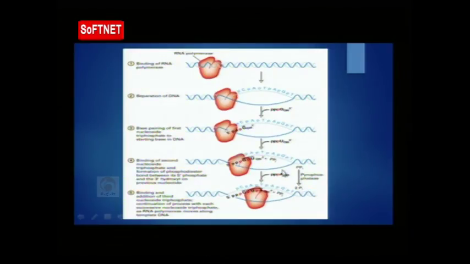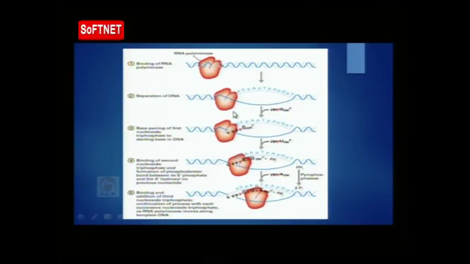So this again explains the process of transcription step by step. Here is how the RNA polymerase will bind over the double-stranded DNA, tightly holding the DNA molecule, and this is called the closed promoter complex. And after binding of the sigma factor, because of conformational changes, the RNA polymerase will unwind the DNA molecule, and this is called the open promoter complex.